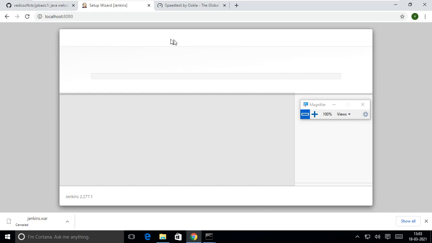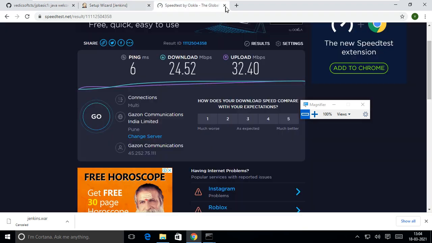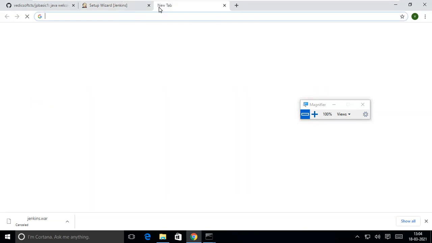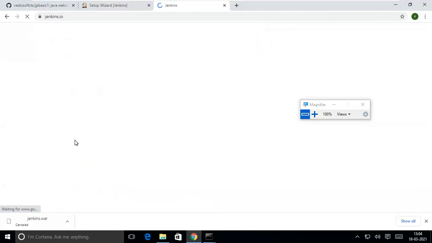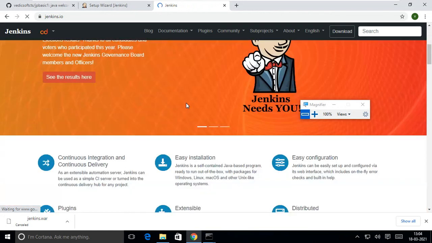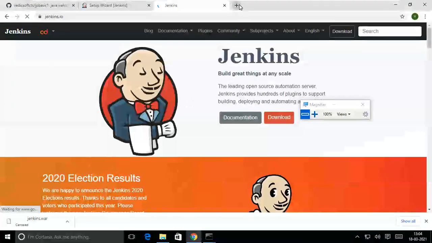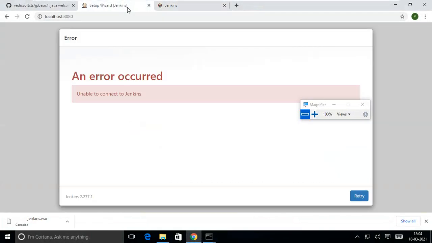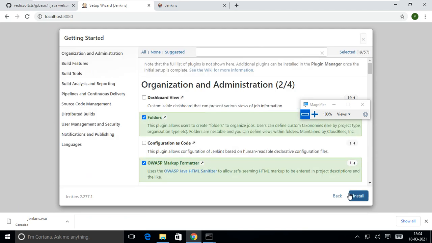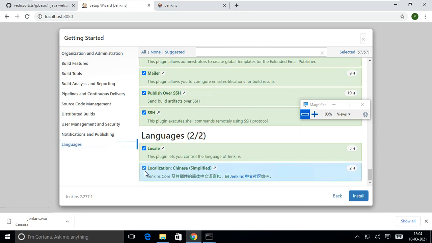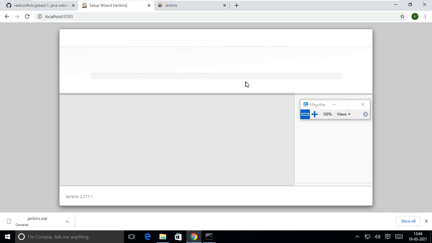What happened to Jenkins things? Where is the Jenkins server? It's unable to connect to Jenkins first of all. Why? It's not about the number of plugins. The number of plugins may give you problems later, but initially it should give the information, right?